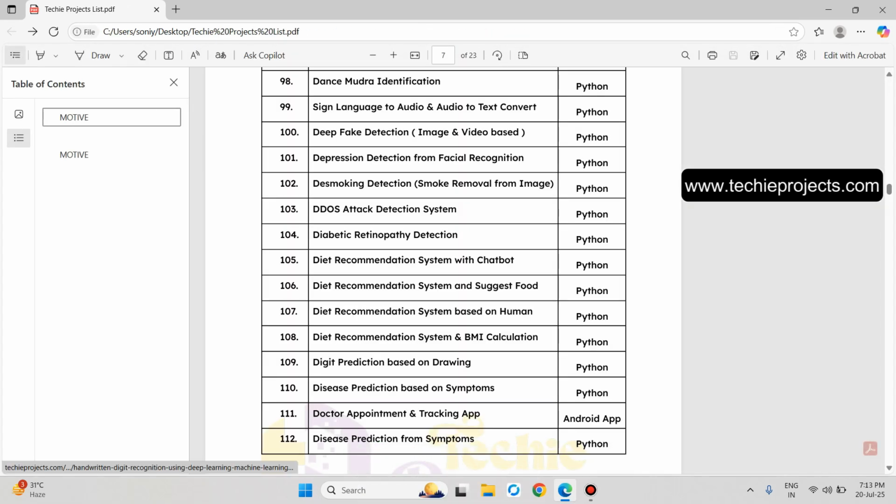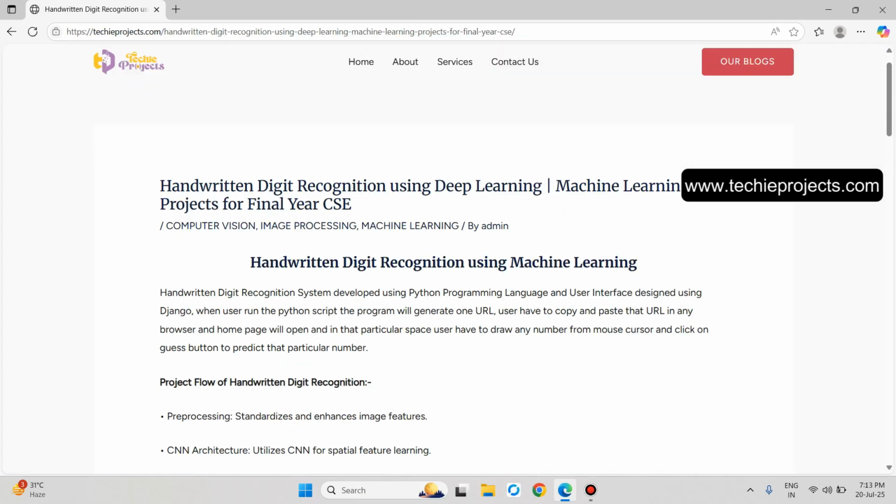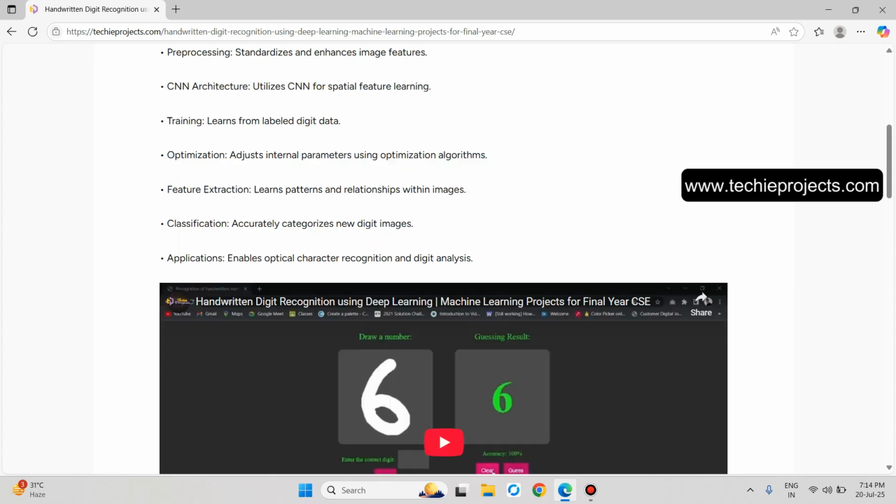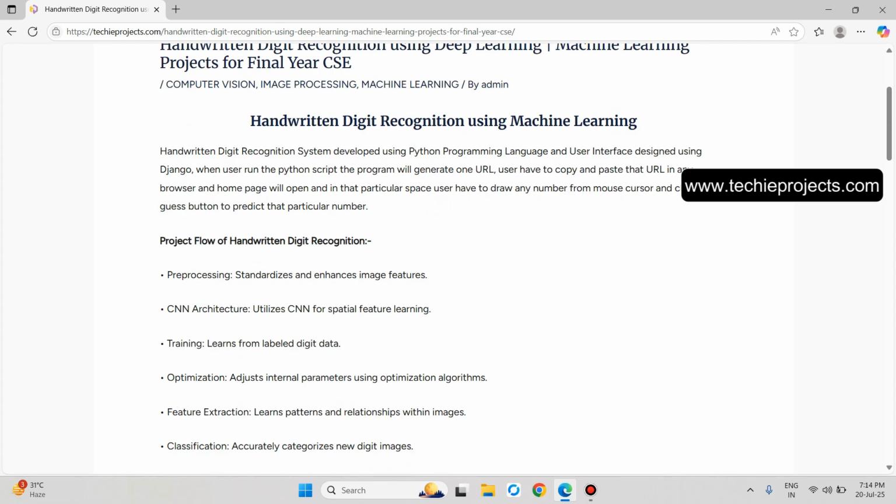Now the point number 109, digit prediction based on drawing. Let's click on it. In that project, the user has to draw a particular digit and it will guess the result. We have to draw the 6, then it will predict the number 6. And let's read it. Handwritten digit recognition system developed using the Python programming language and user interface designed using Django. When the user runs the Python script, the program will generate one URL. The user has to copy and paste that URL in any browser and the homepage will open. And in that particular space, the user has to draw any number with the mouse cursor and click on the guess button to